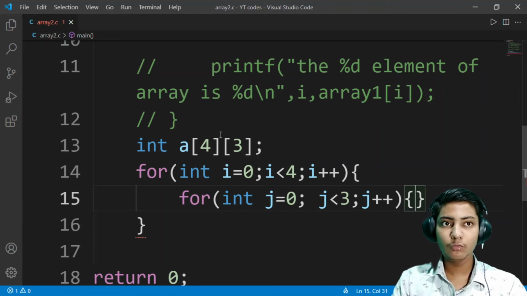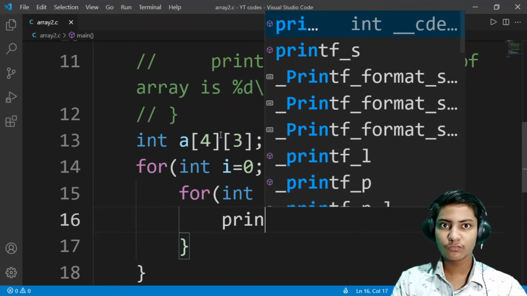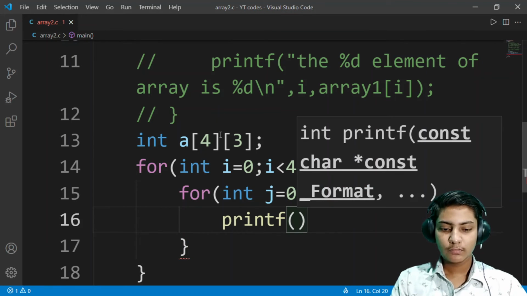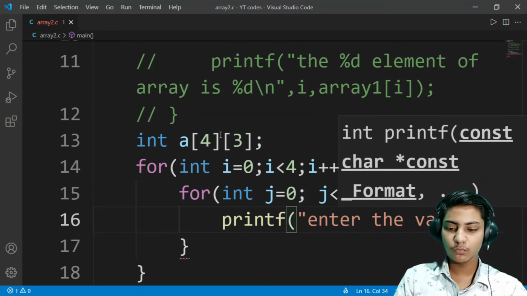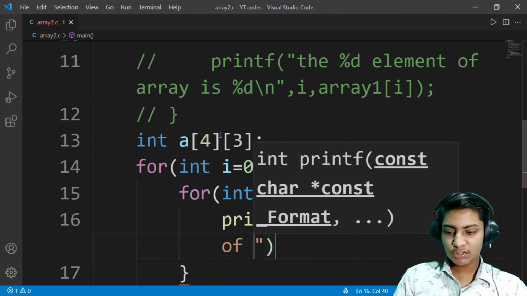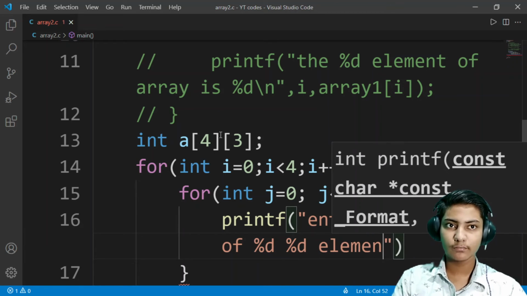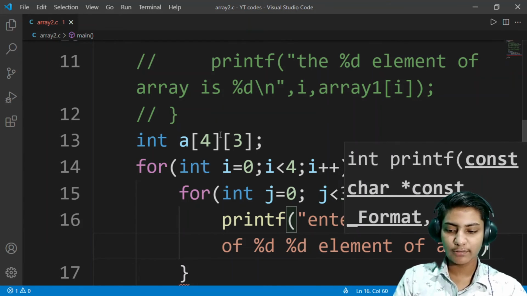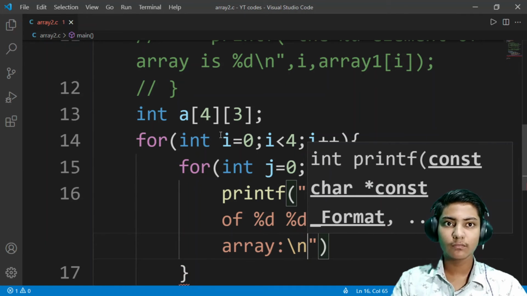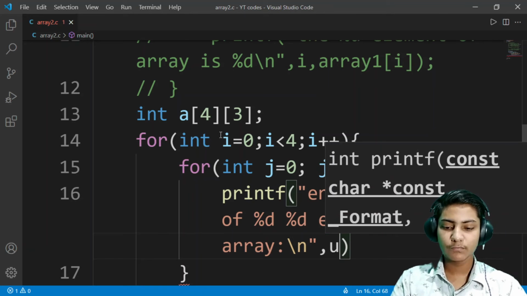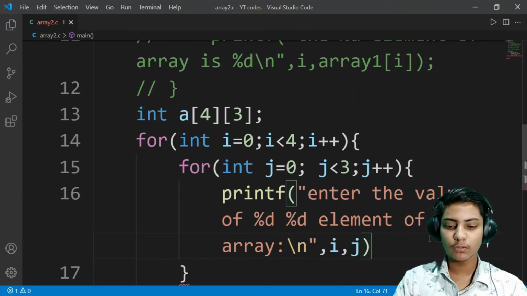Inside the second loop, printf "enter the value of %d element of array", and then new line character, comma i, comma j, the semicolon.